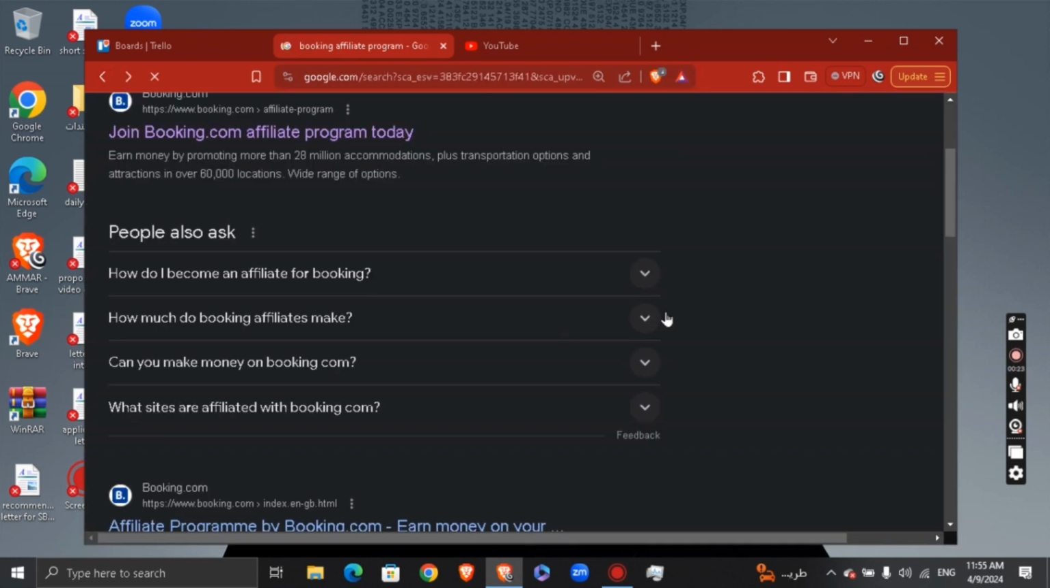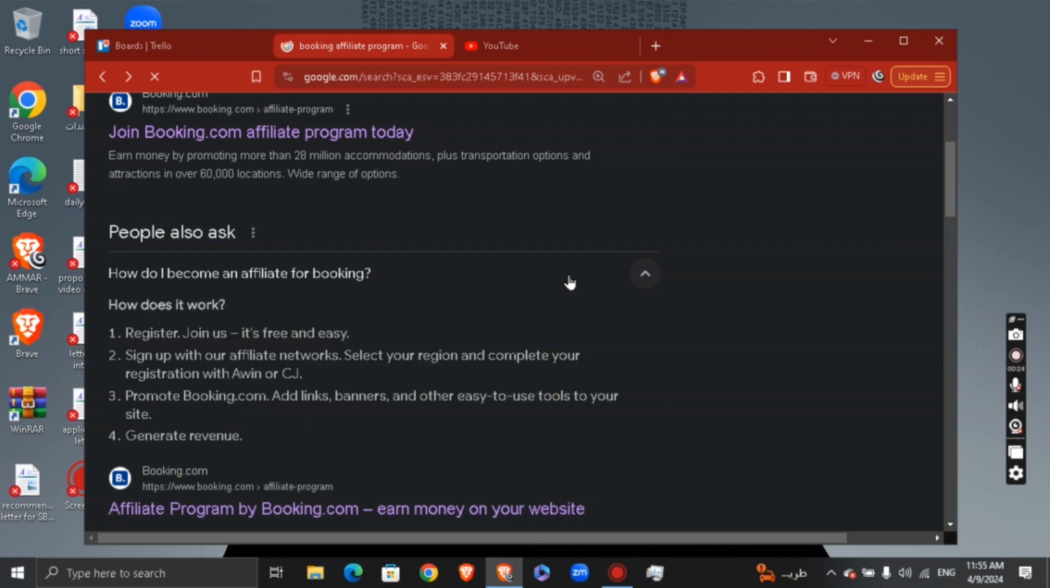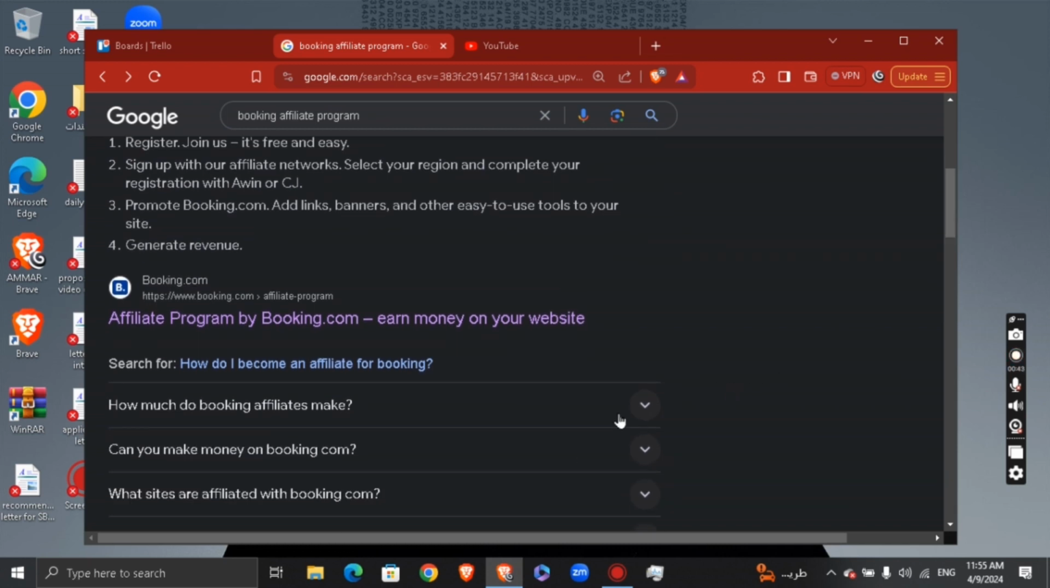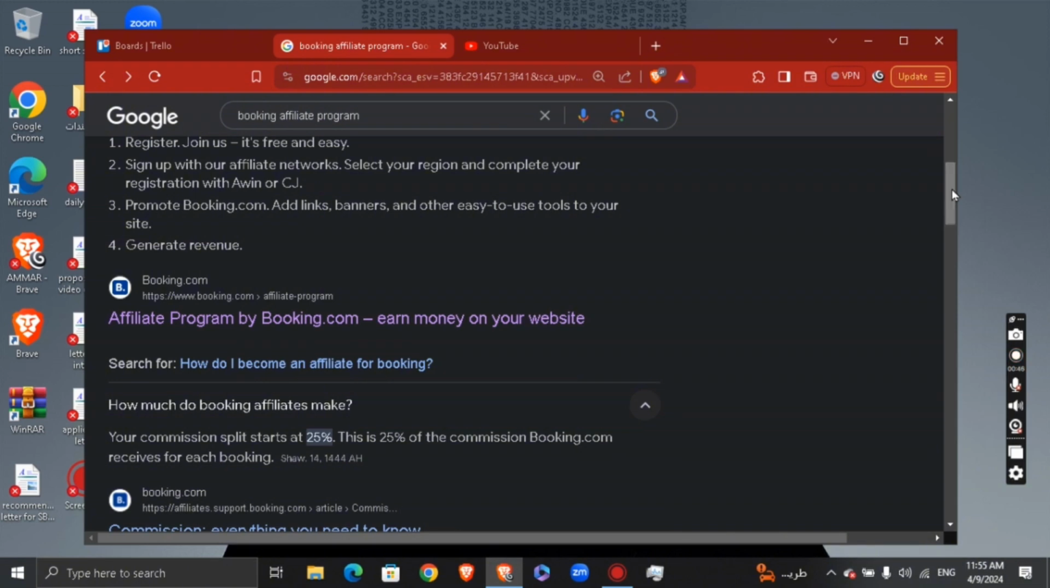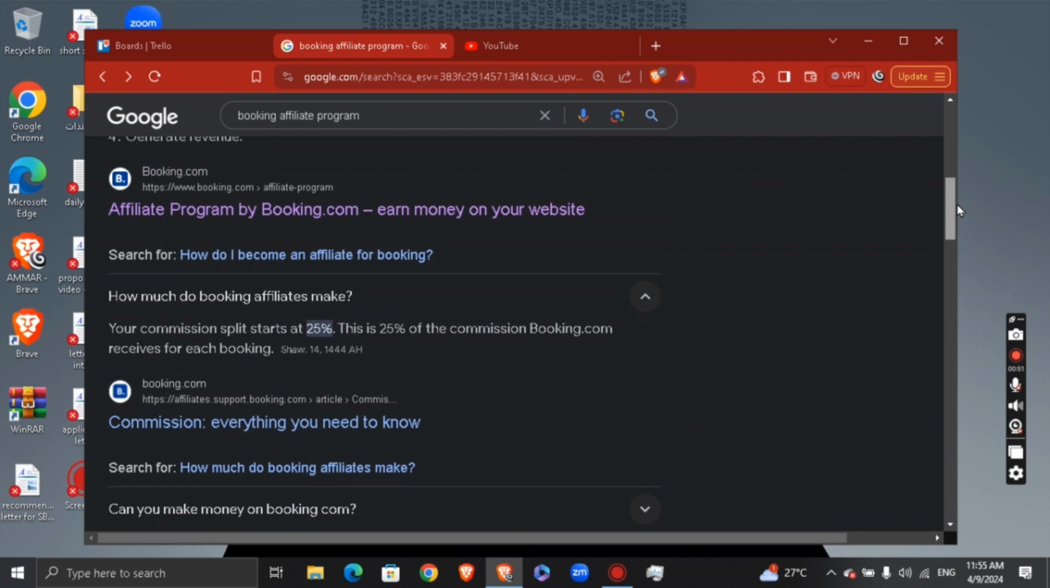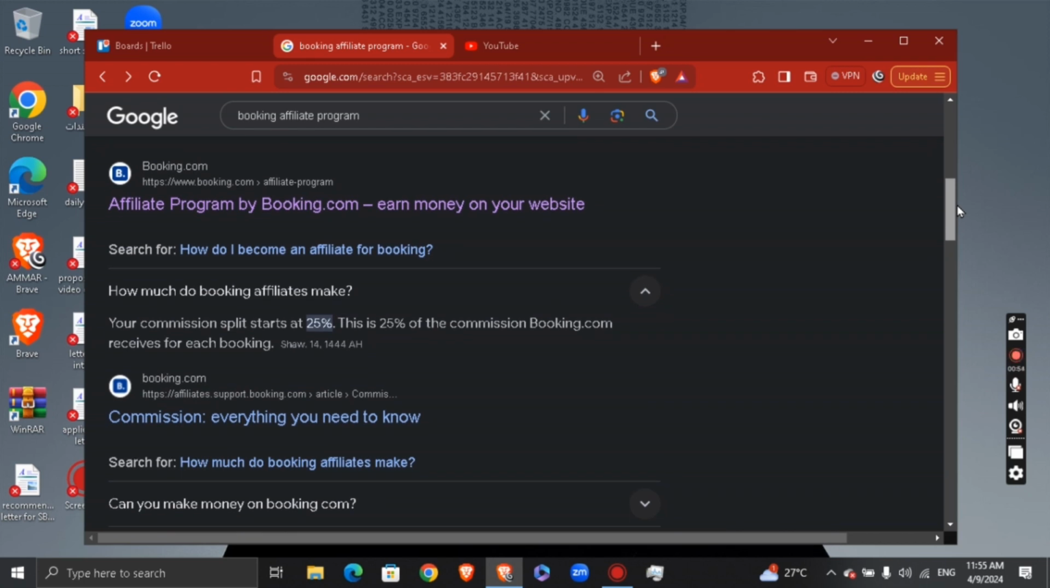Basically, after you sign up with your affiliate network, select your region and complete your registration with your CJ, right? And then promote Booking.com, add links, banners, and other easy to use tools to your site, and then generate revenue. You're going to earn commission every time a person visits the booking link that you share with them. Now your commission split to start is 25%, and this is 25% of the commission Booking.com receives